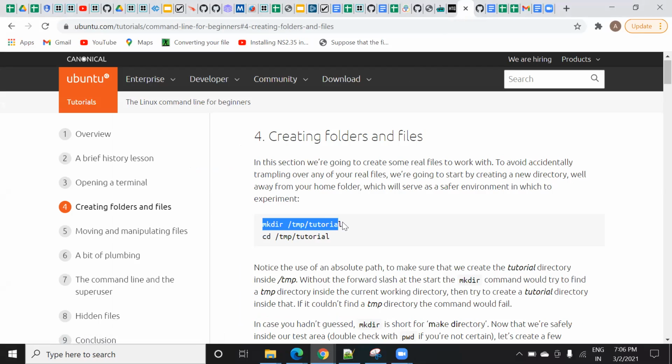Either you come to that particular path and write mkdir and the name, or otherwise you can write like this also: mkdir temp/tutorial. It means there is one folder temp, and inside that you are creating another folder tutorial. And when you want to go inside it, you can write cd temp/tutorial. Understand?